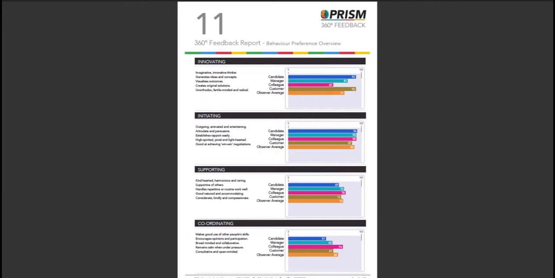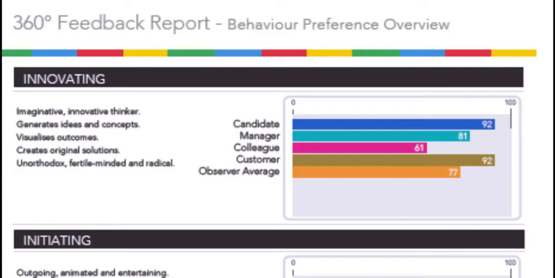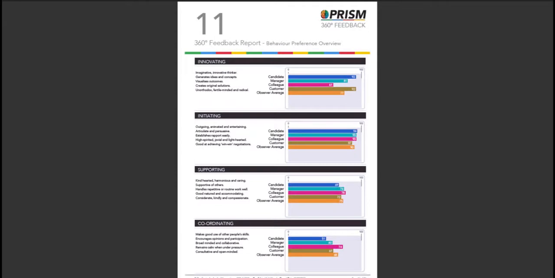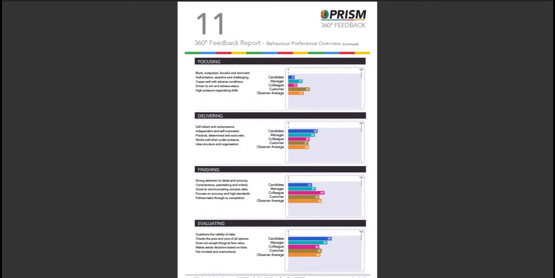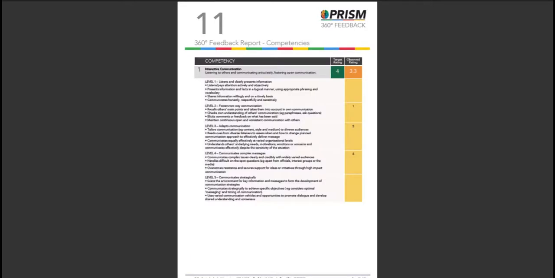The behaviour preference overview on the next few pages shows each dimension and the scores from the candidate, manager and the observer groups and the observer average. For innovating, a dimension in which we have already identified a disparity in views, you can now clearly see this in further detail. Ask questions to identify why the candidate believes they score high and also what the other observer groups may be seeing that is different to the candidate's view. What can the candidate do more or less of to capitalise on this dimension in the context of the role? Follow this process through with all the dimensions, clearly identifying consistency and disparity and pulling out potential changes.